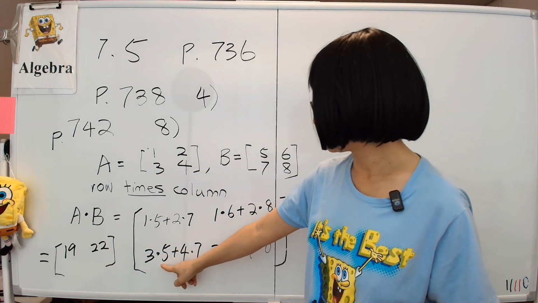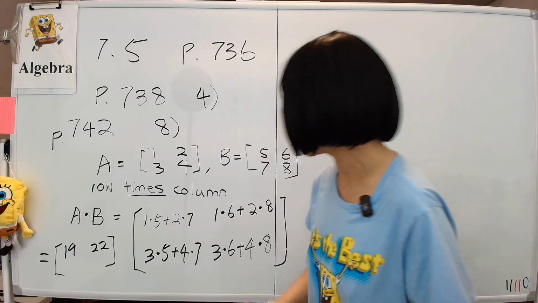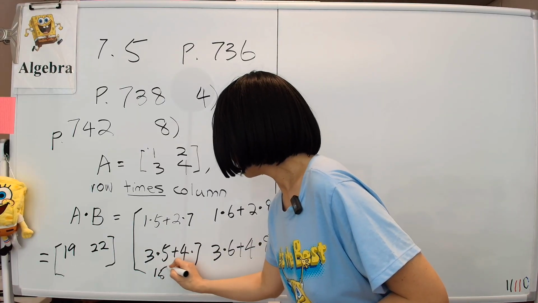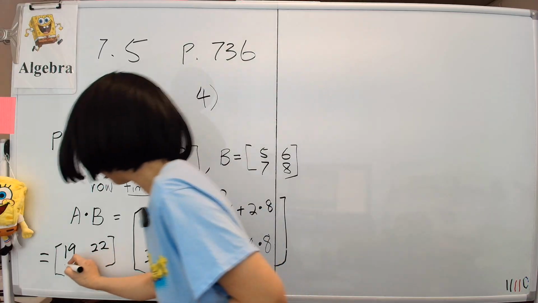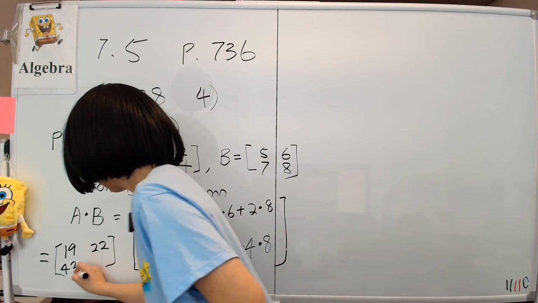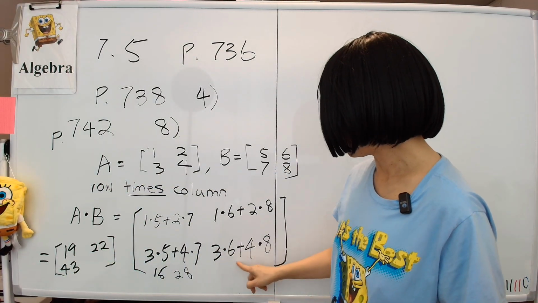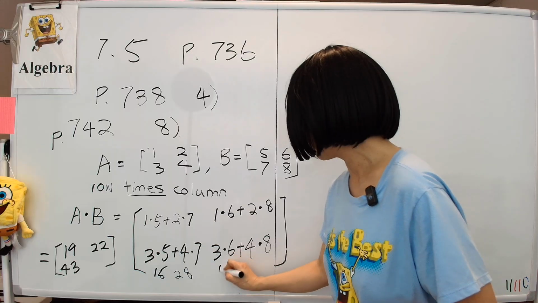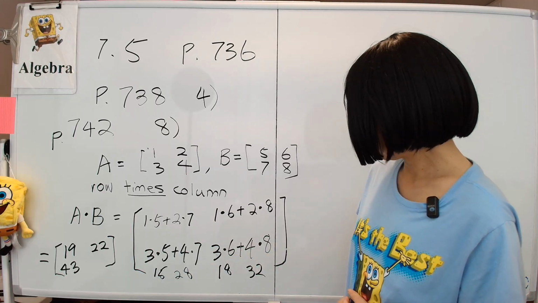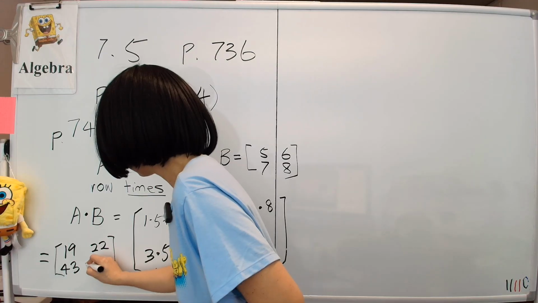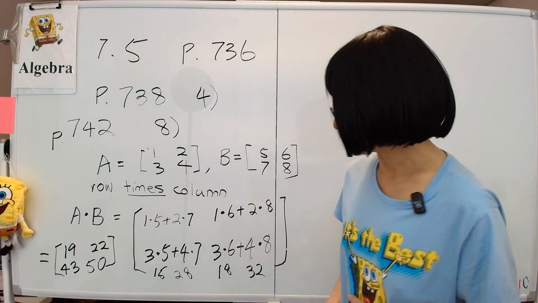Next, 15 plus 28, that's 43. And finally, 18 plus 32, that should be 50. So that is how you multiply